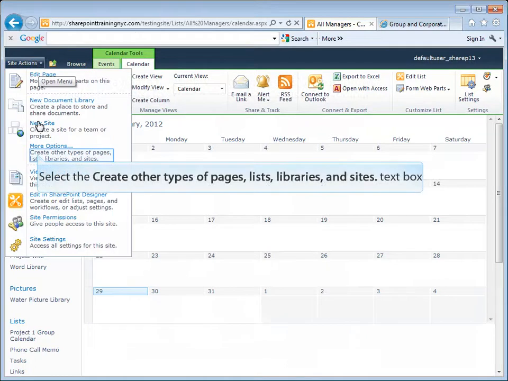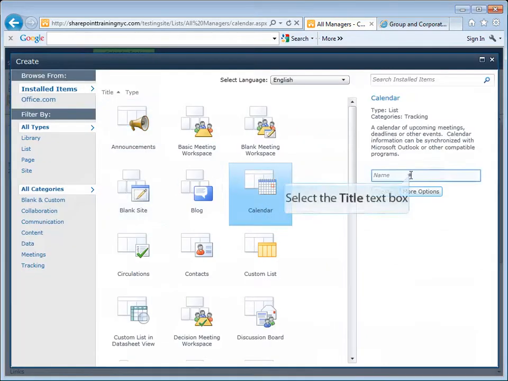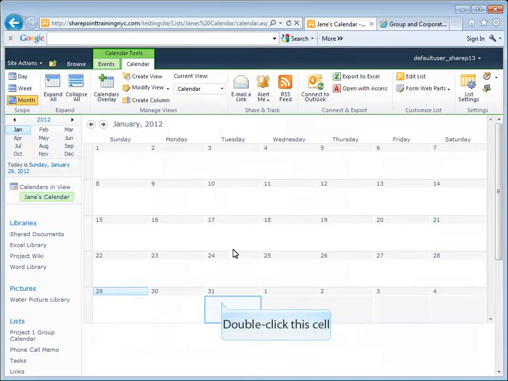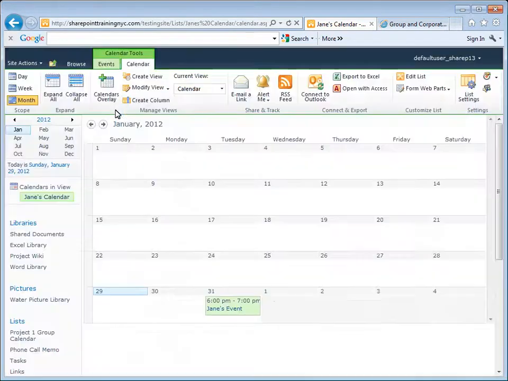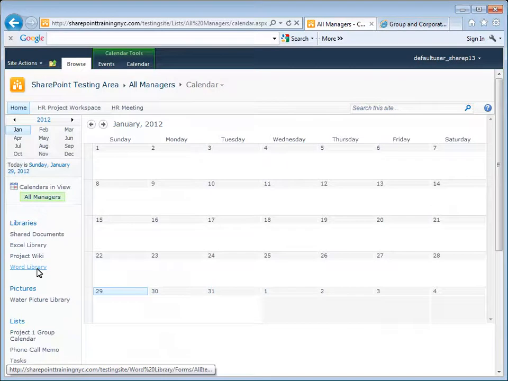Site Actions, More Options, Calendar, and we'll say Jane's calendar. Now that we have Jane's calendar, we will put one event on Jane's calendar and save it. We will now go back to the All Managers calendar, and we will add Jane's calendar to the All Managers